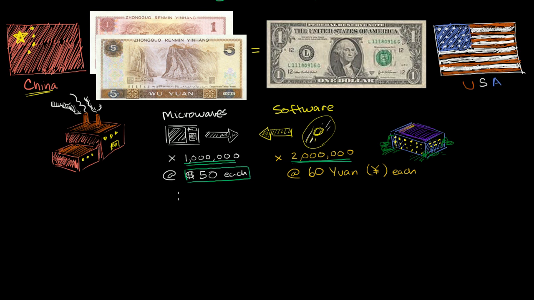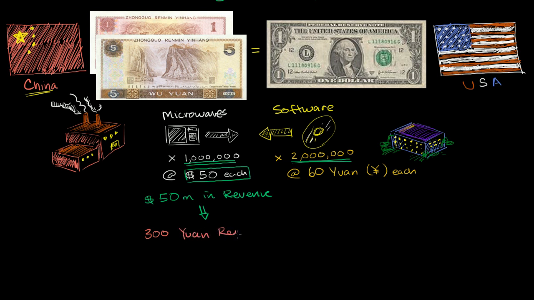And we'll do it in dollars. We could have done it in yuan. The Chinese microwave manufacturer is going to sell 1 million units at $50 each, or 50 million in revenue. And he is, of course, going to want to convert that into Chinese yuan because he has to pay his costs in yuan. So he needs to convert that 50, and he assumes the prevailing exchange rate, so 6 yuan per dollar. So 50 times 6 is 300 Chinese